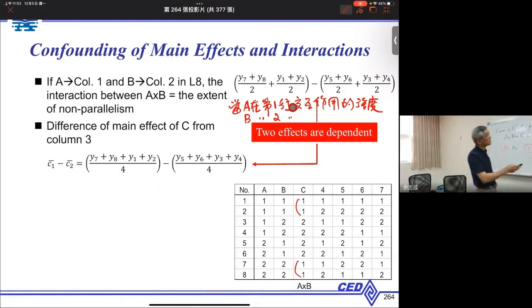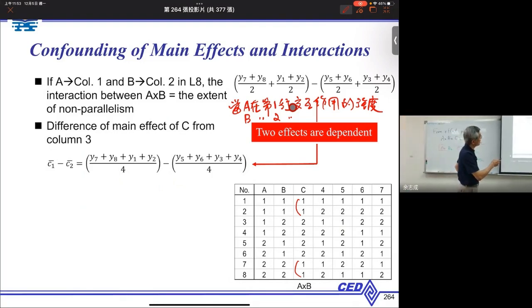Since they are all in a similar format, 1278 plus together minus 3456 plus together. Same thing, right? The only difference is a constant, which means that if you get a larger value for C1 and C2, you will also get a larger value for the interaction A and B. Is that right? Since they are using a similar estimation,